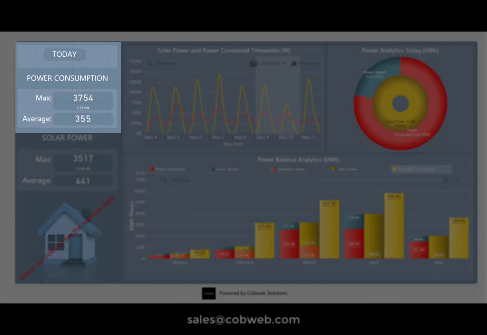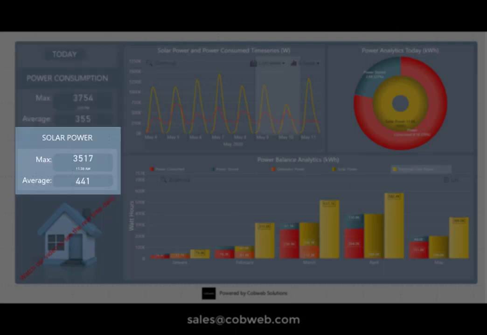today. The maximum was around 3,754 watts, and that was around 1:30 in the afternoon. But the average was only around 355 watts. The solar power, we had a maximum of 3,517 watts coming in, and that was around 11:30 in the morning. And that kind of ties in roughly with when the sun's at its highest. So that kind of makes sense. The average solar power coming in was only 441 watts. But keep in mind that during the night, if we excluded the nighttime hours, the average of the solar power